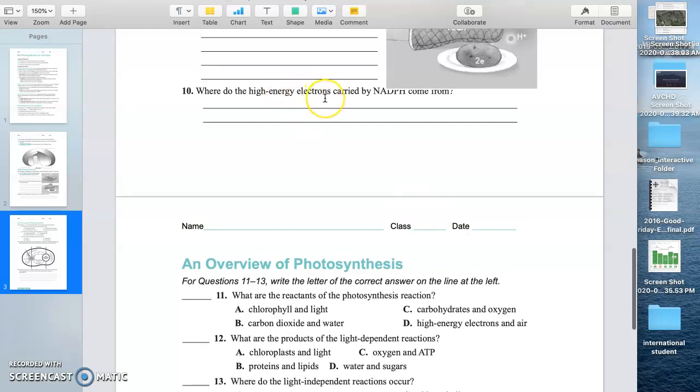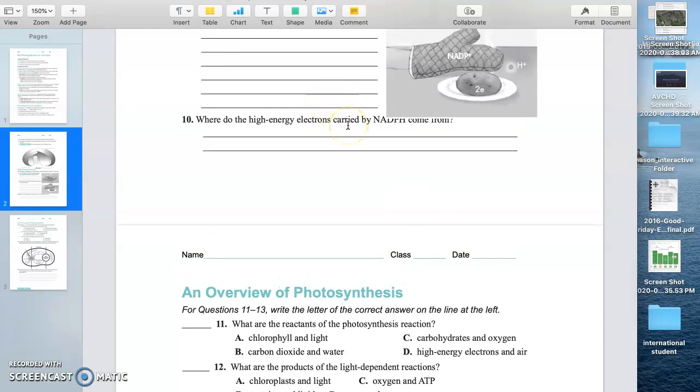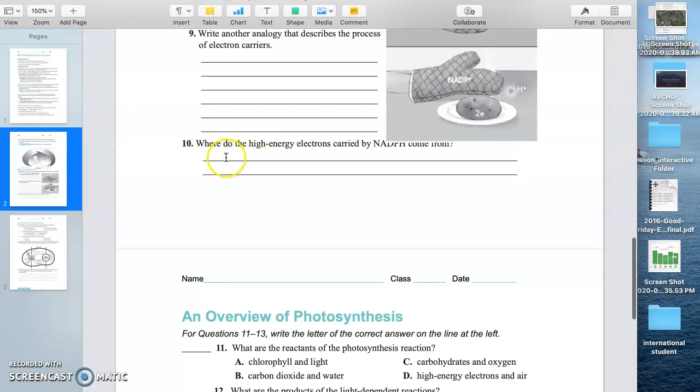Where do the higher energy electrons carried by NADPH come from? They come from the light-dependent reaction, the absorption of light energy, that is red or blue. Not glue, sorry, blue. Okay,